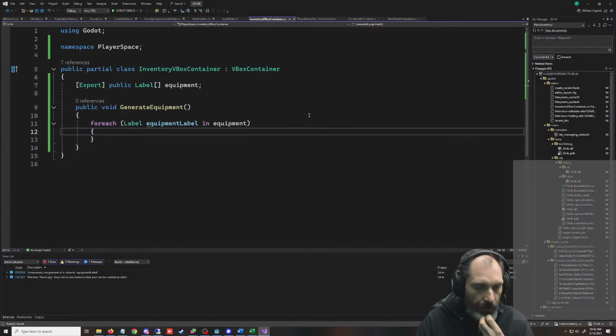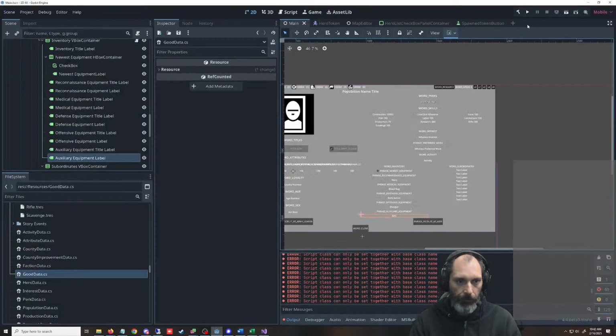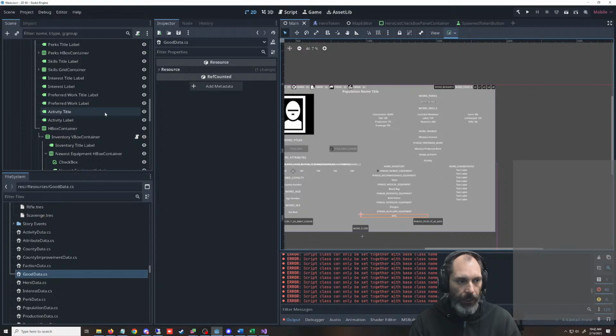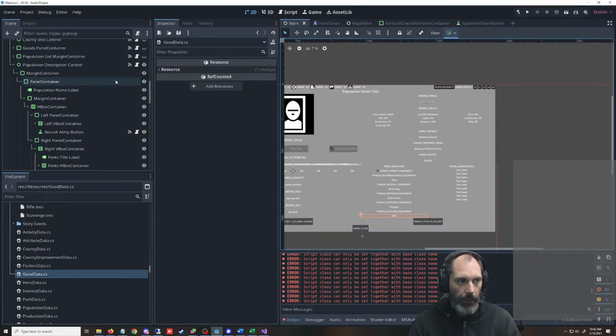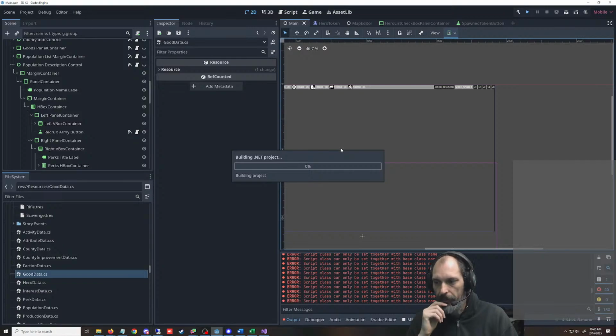So for each one of those, we have to go through something. So where are we going to store this information currently in the game, which is not running? Let's run the game. I got to close this down, make it invisible, hide it.